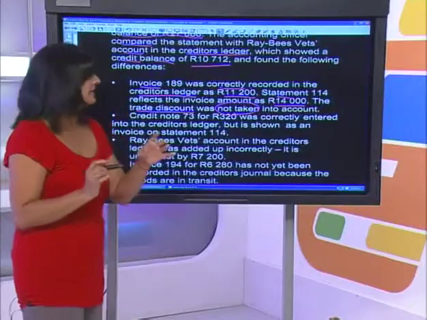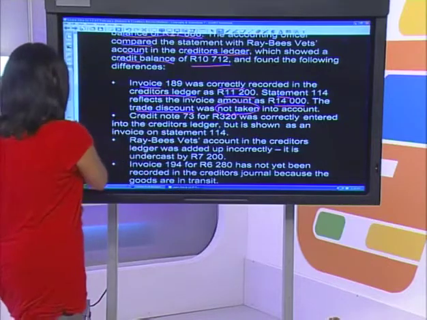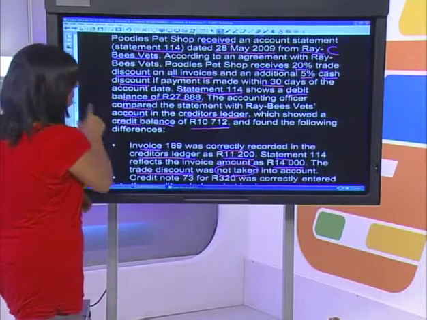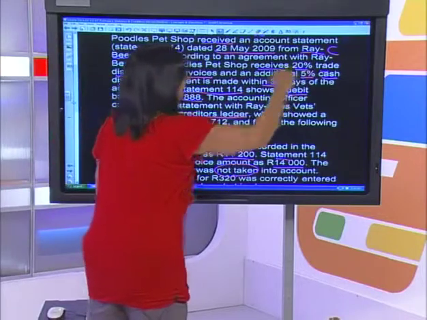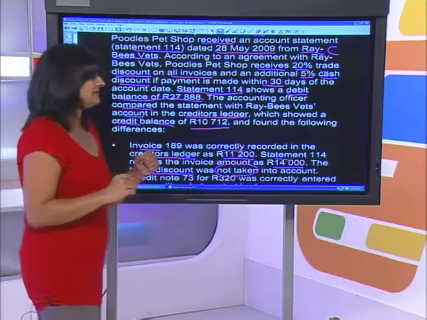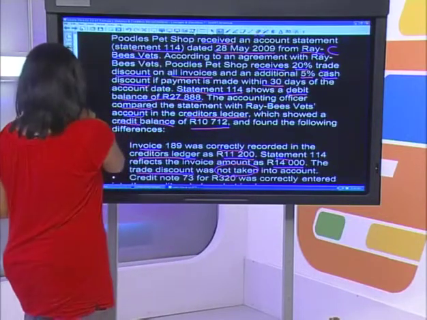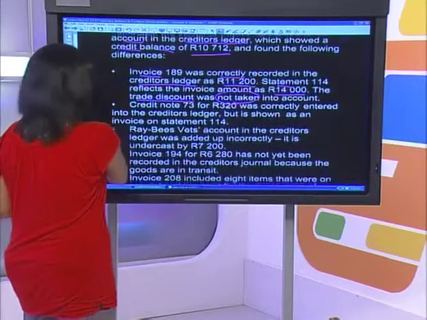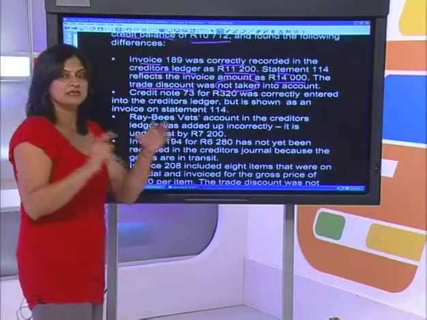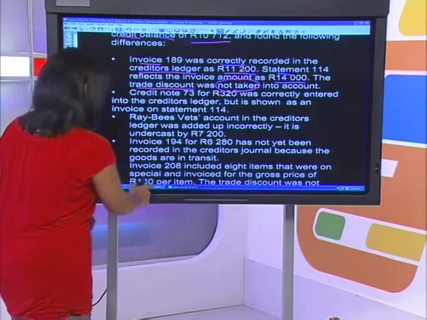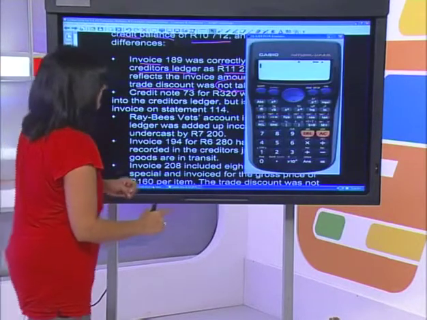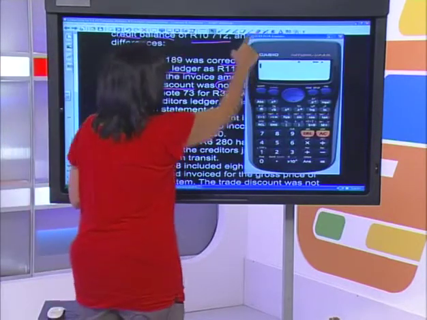Okay, now remember, guys, right at the beginning of the question, we read that they receive a 20% trade discount. So there's the difference. So let's now look at that 20% trade discount. There's two ways of looking at it. Let's get our calculators out first, guys. So we've got an amount of